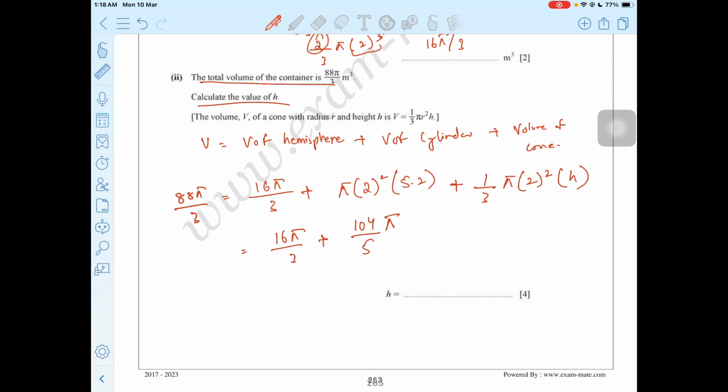So this would be, just take this over there, 16 pi by 3, and then 88 pi by 3. 88 minus 16 would be 72. 72 pi, 72 divided by 3 would be 24, right? 24 pi, because this 16 goes over there and then this is divided, so this would be 24 pi, and then this again goes over there, so this would be negative 104